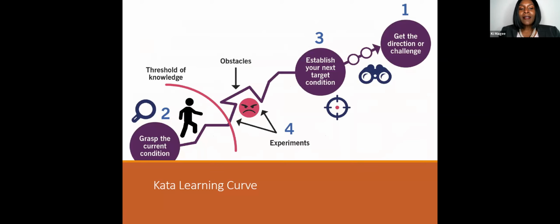Oftentimes this Kata learning curve requires some challenging of one's current mindset and facing certain obstacles, and also letting go of certain habits along with the adoption of some new, more suitable habits. Here you see the individual encountering obstacles and lack of knowledge, certain things that you'll encounter as you're going through and improving your improvement cycle. As they're addressing their new behaviors and their thinking, as you can see in number 4, they take an approach of experiments. When you're using experiments, you never fail in an experiment. The only thing you do is learn from the validation of a long-standing hypothesis or an assumption. So it's not a win or lose, it's a win or learn type of scenario,